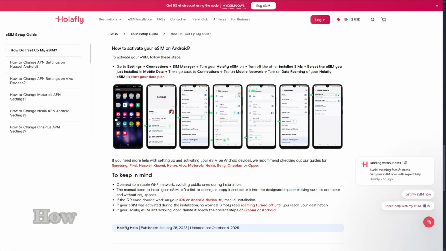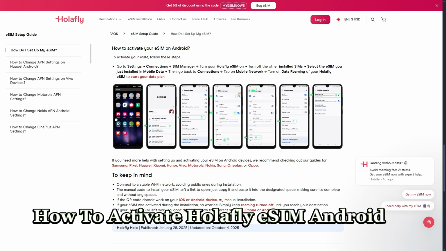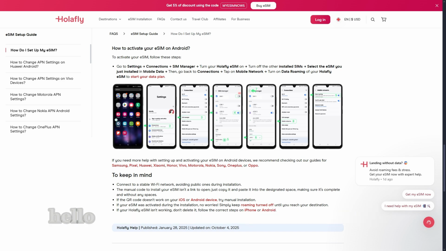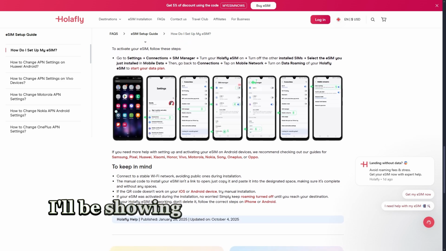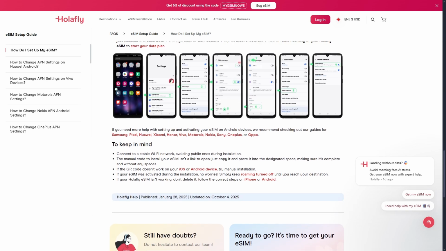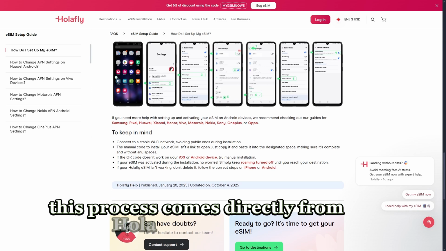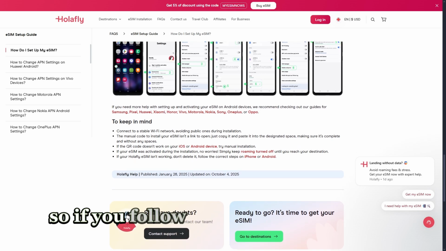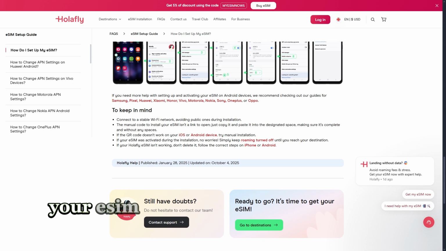Today, let me show you how to activate HOLAFLY eSIM Android. Hello everyone, in today's video, I'll be showing you how to activate your HOLAFLY eSIM on Android. This process comes directly from HOLAFLY themselves, so if you follow the steps carefully, your eSIM should be up and